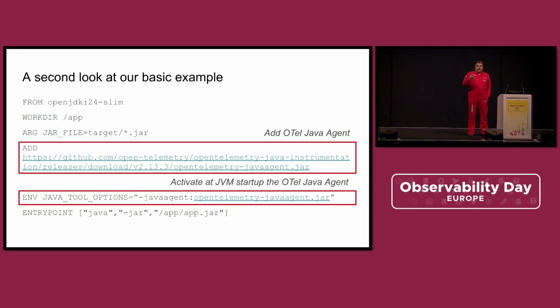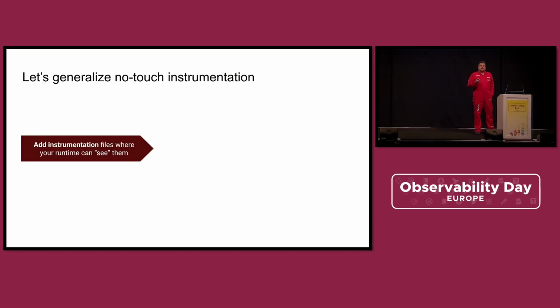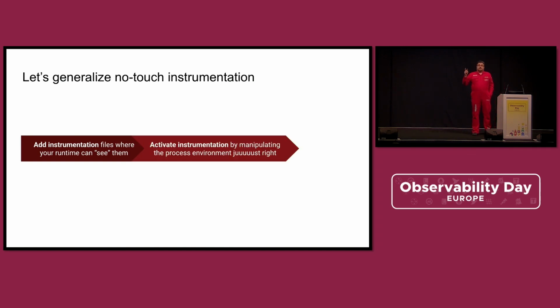And second, we activated at runtime the instrumentation by adding the right environment variable. And as a matter of fact, this generally works also outside of Kubernetes. The moment that you add the instrumentation in a place that your .NET, your Java, your Node.js can see it, can open the right files, and you manipulate the process environment of your application just right,